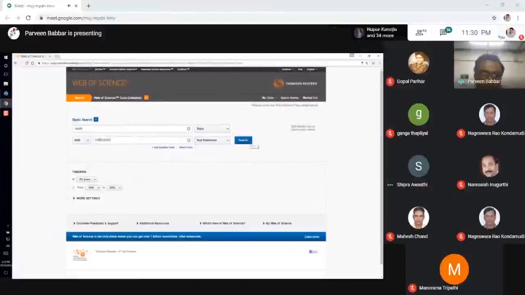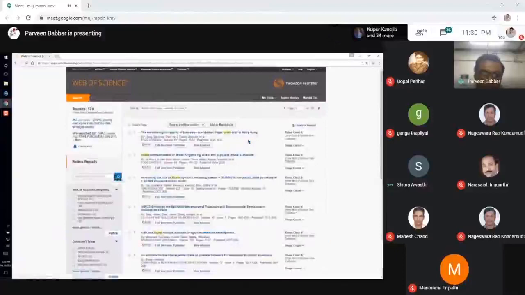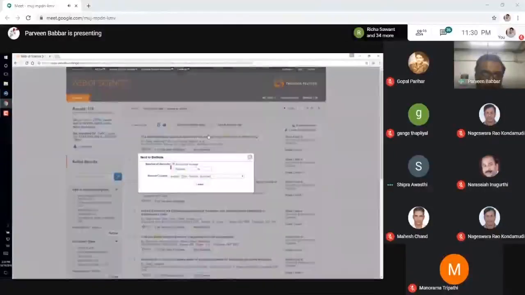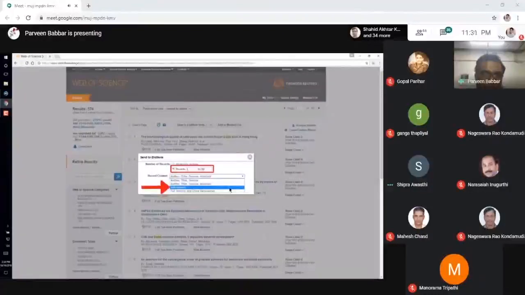I perform my search in the Web of Science. I can mark the records I want to export or mark no records to select a range of records later. I select Save to Endnote Desktop from the drop-down list. I fill in the range of records I want to import, up to a maximum of 500 records. I select Full Record from the Record Contents drop-down list to import author addresses and keywords as well as bibliographic data. Note that this option may not be available if you are not searching the Web of Science core collection. Then I click the Send button.